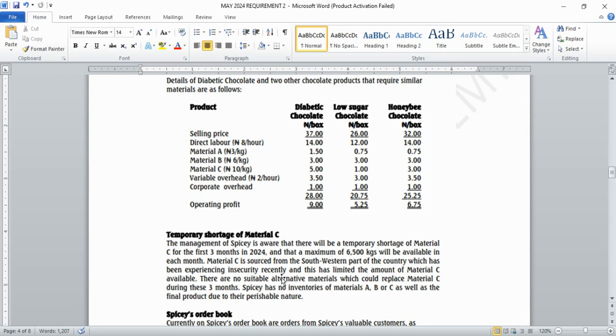Now I used to tell you always, please, when you're doing case study, you don't go as a one man show because there's so much to know. Case study, I used to say it a lot, is the umbrella that houses every other course on the ICAN syllabus. Limiting factor is a topic in performance management, and performance management is a course under what? Under your skills level. You need that knowledge of performance management here. So you have to read wide, you have to read far, and that's the reason why you need people. Don't go solo. Have a team of people. At least you hear from here, from here, from here. Before you know it, you gather all that information together, and it helps a lot in the examination hall.